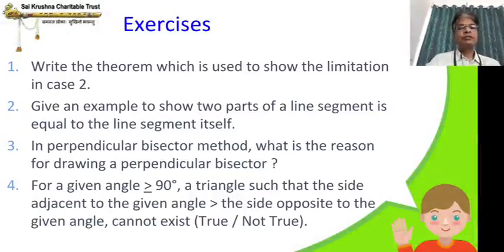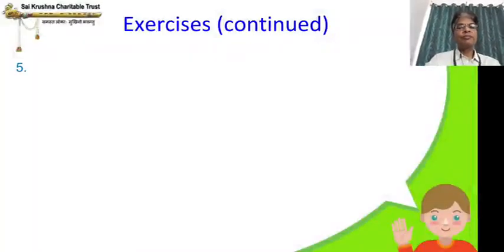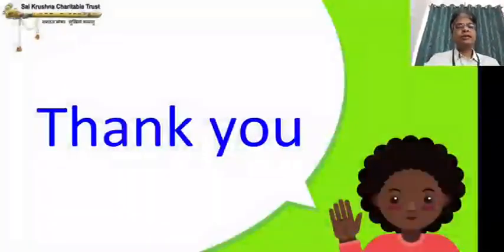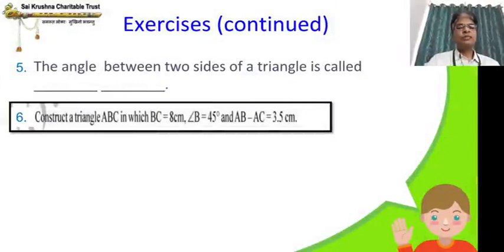Now, questions? 4 questions are here. Pause the video, note down. 5, 6. I think 7 is not there. So, there are 2 more questions in this page. The 6th is as per your textbook. You can measure exactly 8 centimeter BC, then angle 45 degree B, and then AB minus AC, where D is to come. Think about it and then do it. Do not see the video or your notes. If you have doubt, as usual, first close everything, go through the videos, go through your notes, close those things and then start the questions.